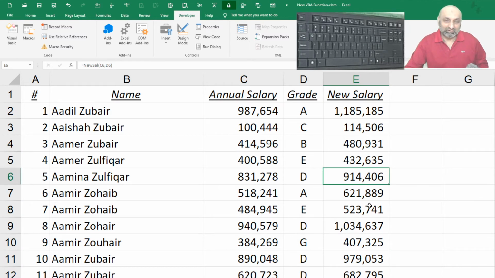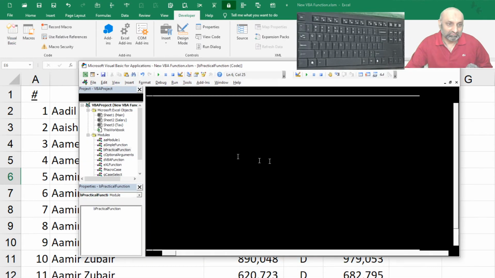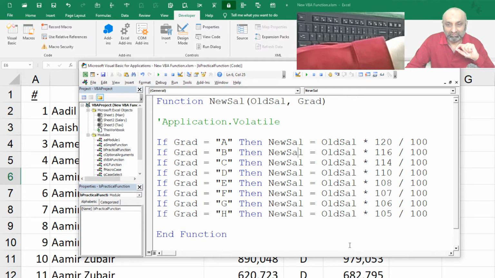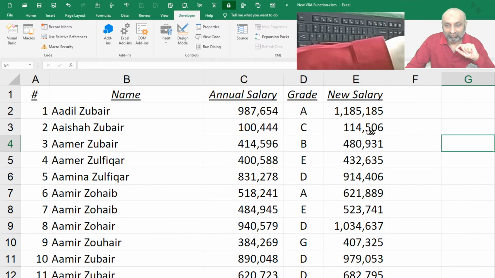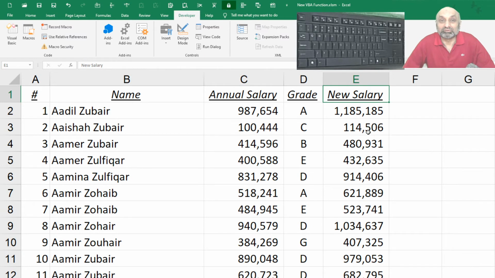So these are my new salaries. Think about it. If I have to create this nested if function in this worksheet 5000 times and then copy it 5000 times, how much time is it going to take, and how much slower is it going to make my PC?